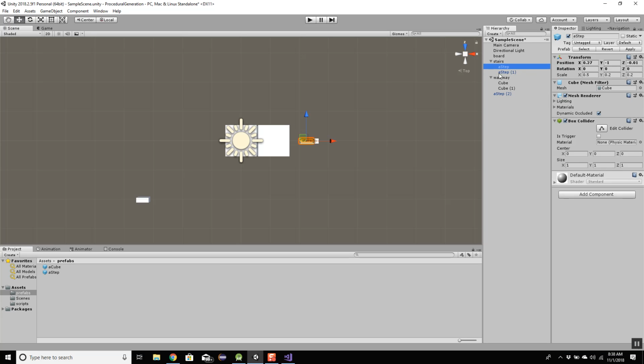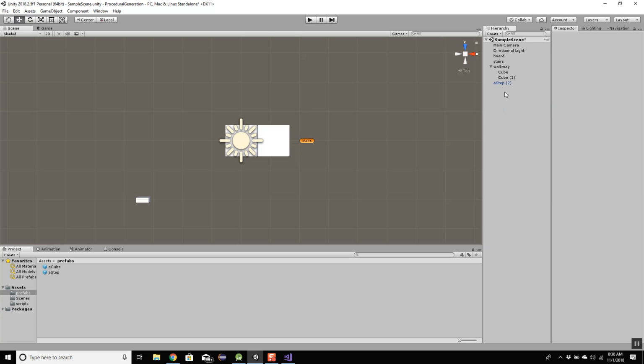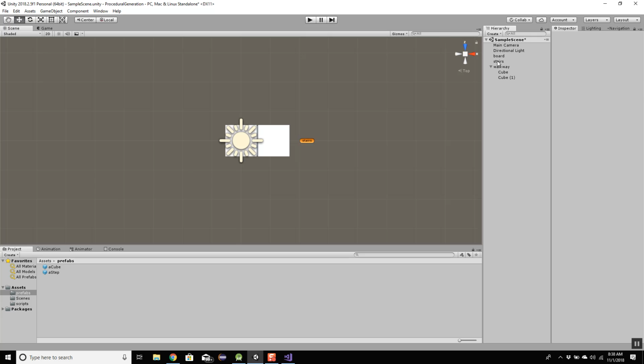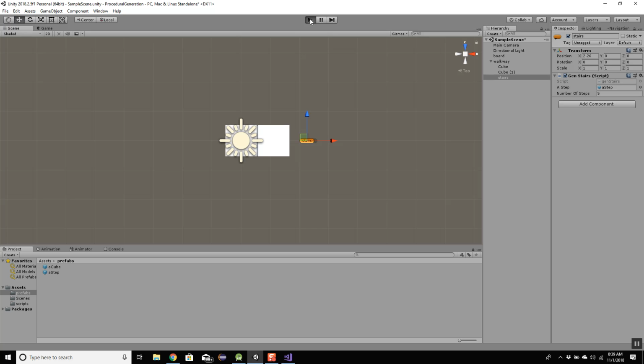And I'll dump my couple of extra steps that I built in here. All right, and we did have our stairs inside of our walkway because we decided that made some sense, right? So now we already have our stairs. It already has the script. We said we want a step. We said we want 5 steps. So now if I hit play,